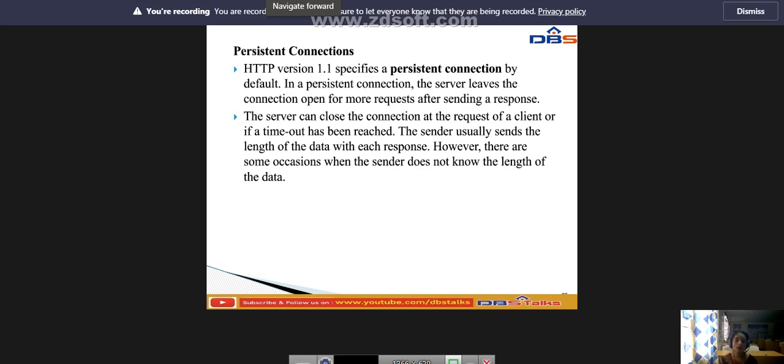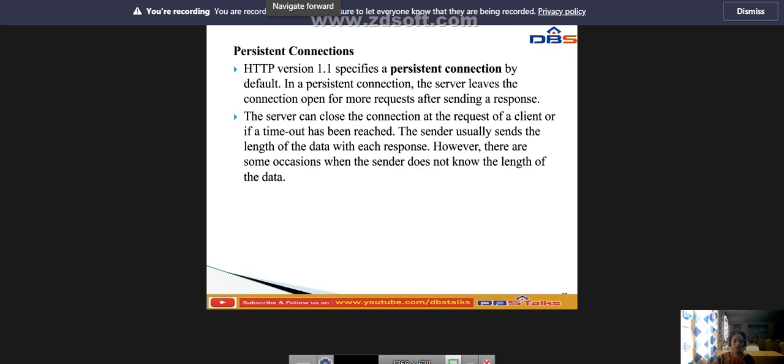There are some occasions when the sender does not know the length of the data. In this case, when the document is created dynamically or actively, the server informs the client that the length is not known and closes the connection after sending the data, so the client knows the end of the data has been reached.